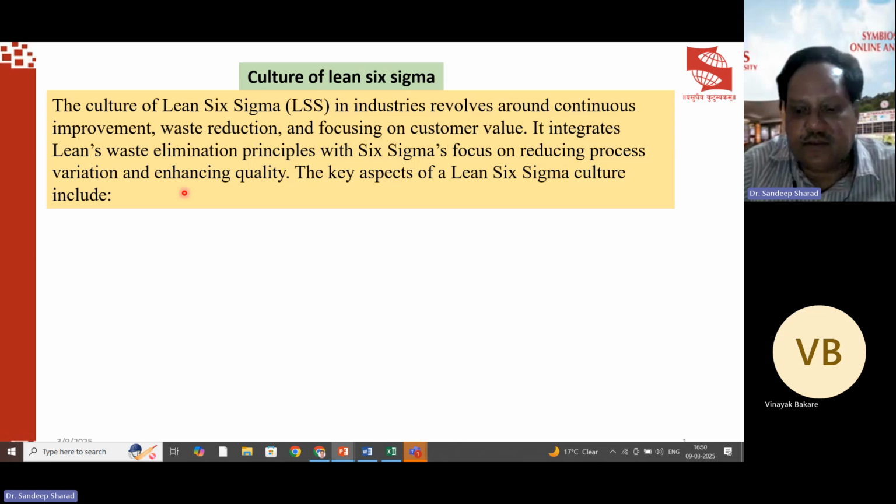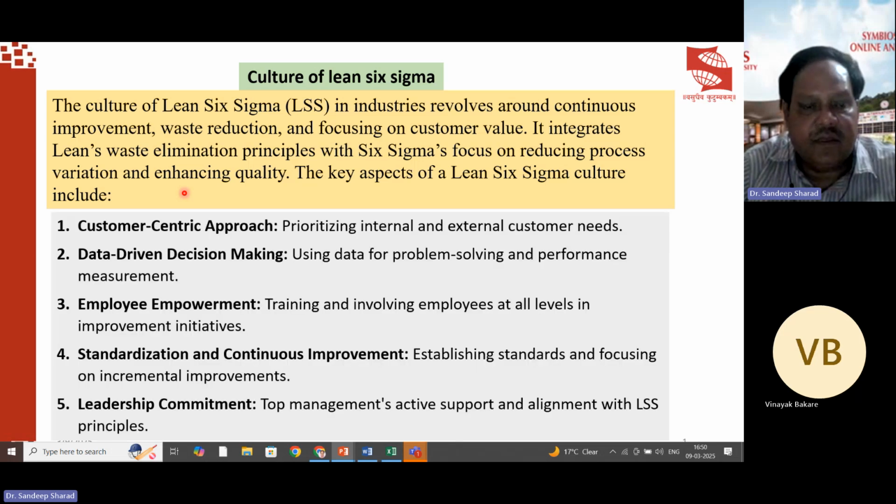enhancing the quality. The key aspects of the Lean Six Sigma culture include: customer-centric approach, prioritizing internal and external customer needs; data-driven decision making, using data for problem solving and performance management, not on the basis of qualitative aspects but based on the data. We go with those analyses and apply problem-solving methods for improving the performance. Employee empowerment: training and involvement of employees at all levels in improvement initiatives. Standardization and continuous improvement: establishing the standard and focusing on incremental improvement rather than